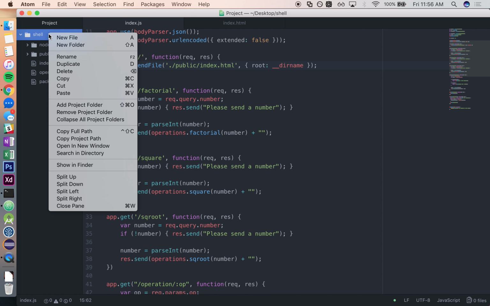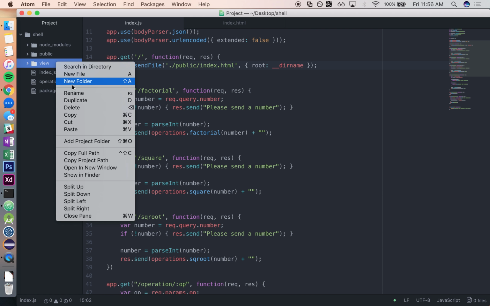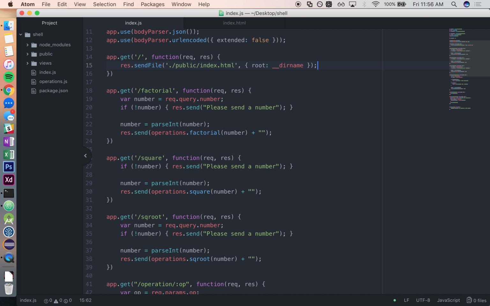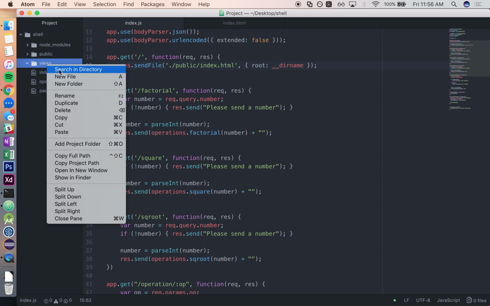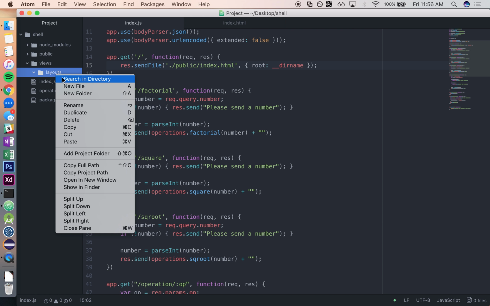We're going to first create a views folder. And this is generally how you would set up a node project. So views and then layouts. And then inside layouts,